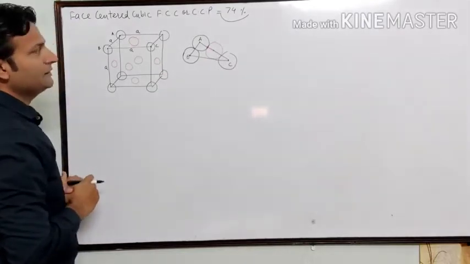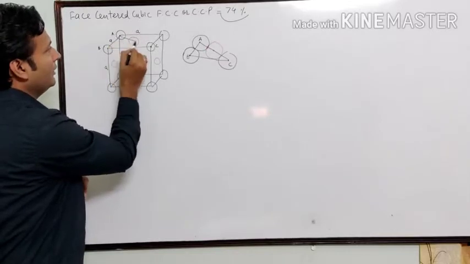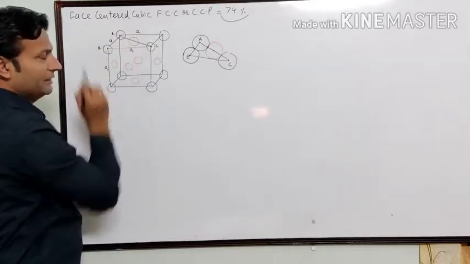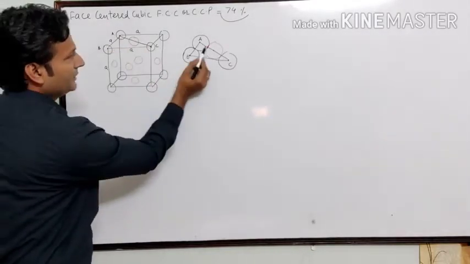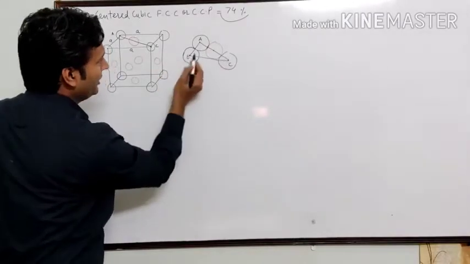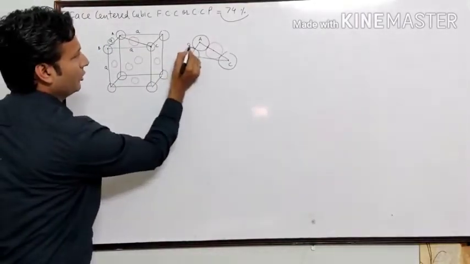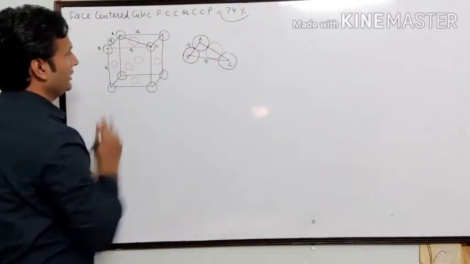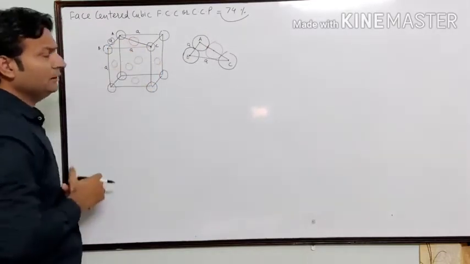Now see this carefully. This is A to C. Now I can draw a triangle from A to B and C. That is triangle ABC. अगर आप ट्राइंगल ABC को यहां से देखते हैं तो ये बिल्कुल एक दूसरे से टच है. What is A to B? A to B is edge length A. Okay. Now what is B to C? B to C is also edge length A. But what is A to C? A to C is not given in the diagram.